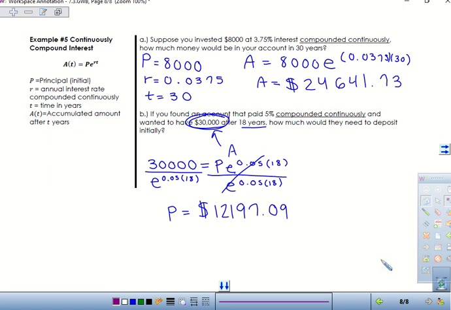Hey, Miss Russell. What'd you do there? How did I get it? Yeah. So in my calculator, I put in 30,000